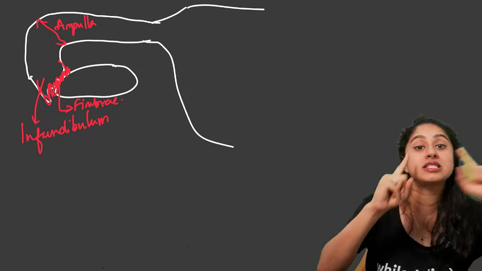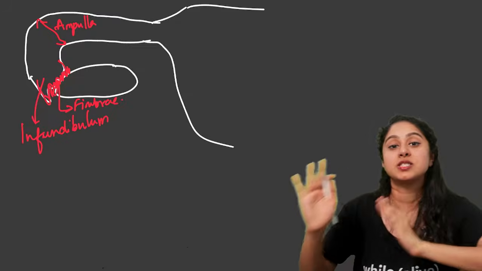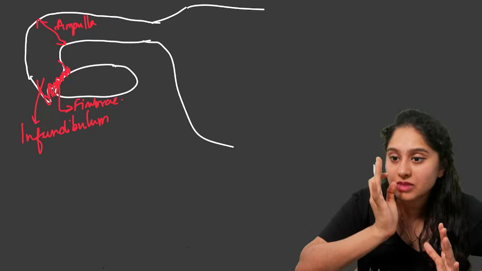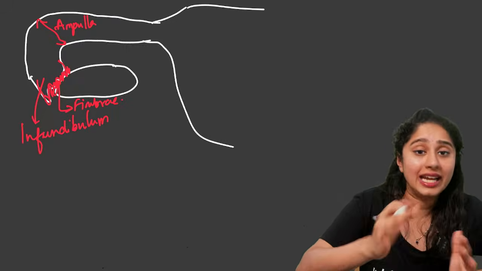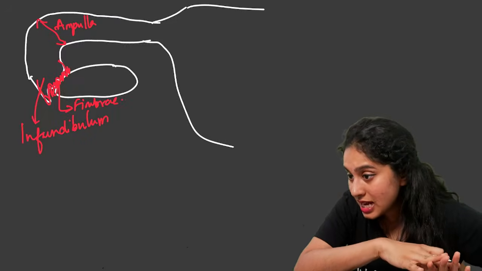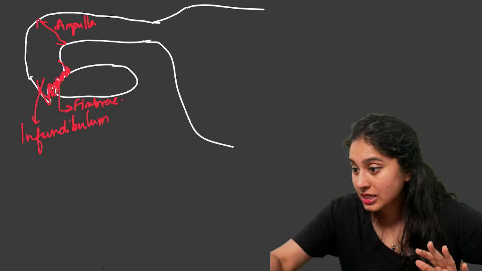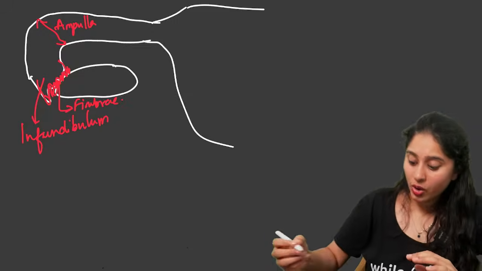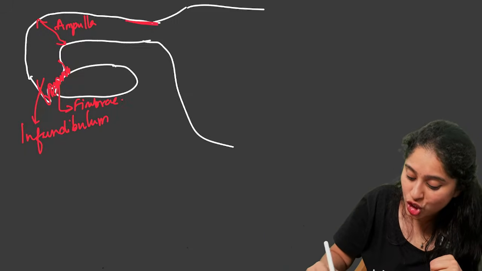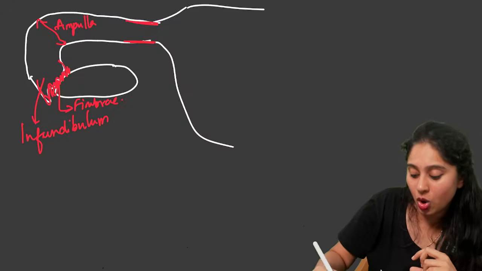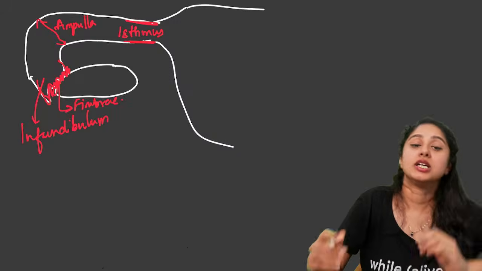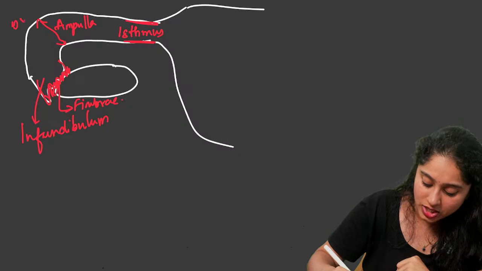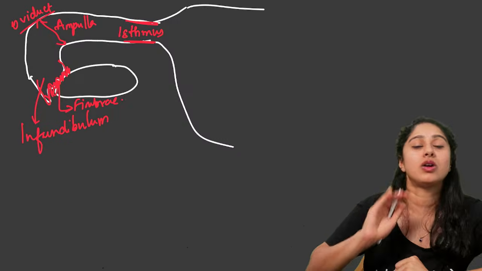So when the egg is coming here, at the same time, if we have a sperm that is coming to this place, only then it will lead to pregnancy. Otherwise, it will not lead to any form of pregnancy. Is that clear, everybody? From the ampulla, we have a short, narrow region called the isthmus, which connects the fallopian tube to the uterus. This whole region is called the oviduct, or the fallopian tube.